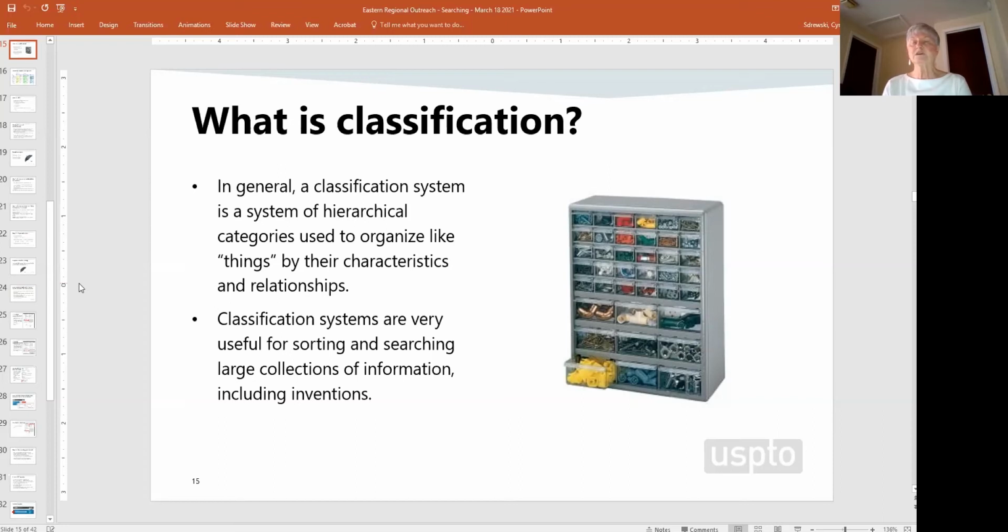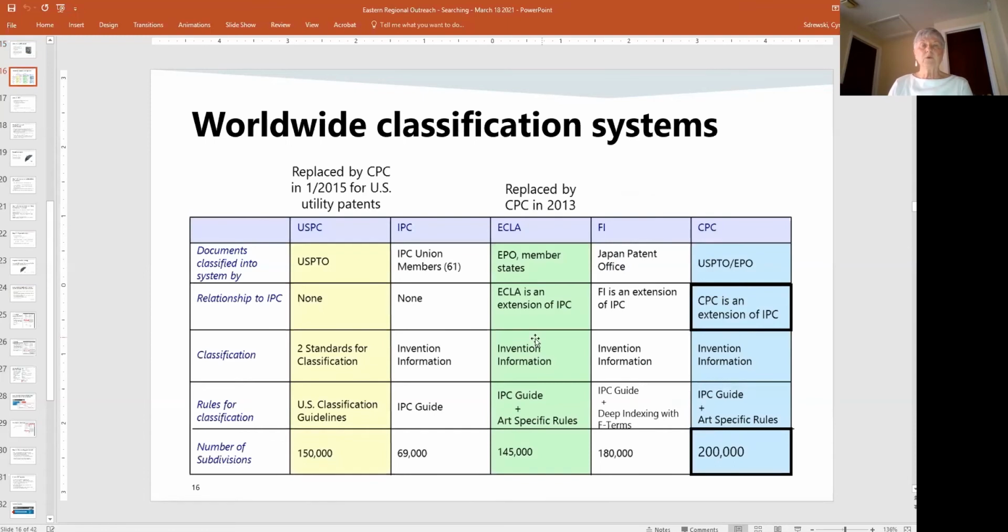Up until 2015, the system that we had was called the United States Patent Classification. We'll talk about that a little bit more right now. So up until 2015, we had the USPC, the United States Patent Classification System. If you have ever looked at patents or patent applications, you will see those values. But starting in